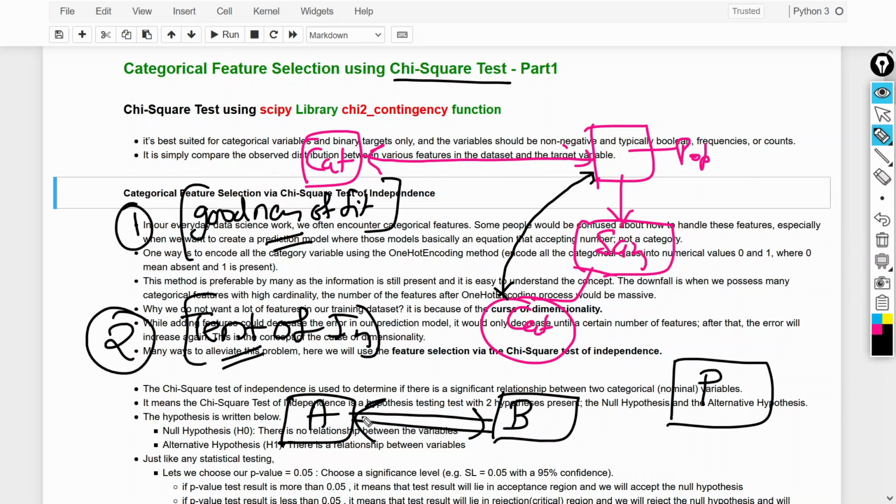It means I selected these two samples from this particular population, and we have to check whether they are independent or dependent. So this particular technique we can use in feature selection. How can we use that?